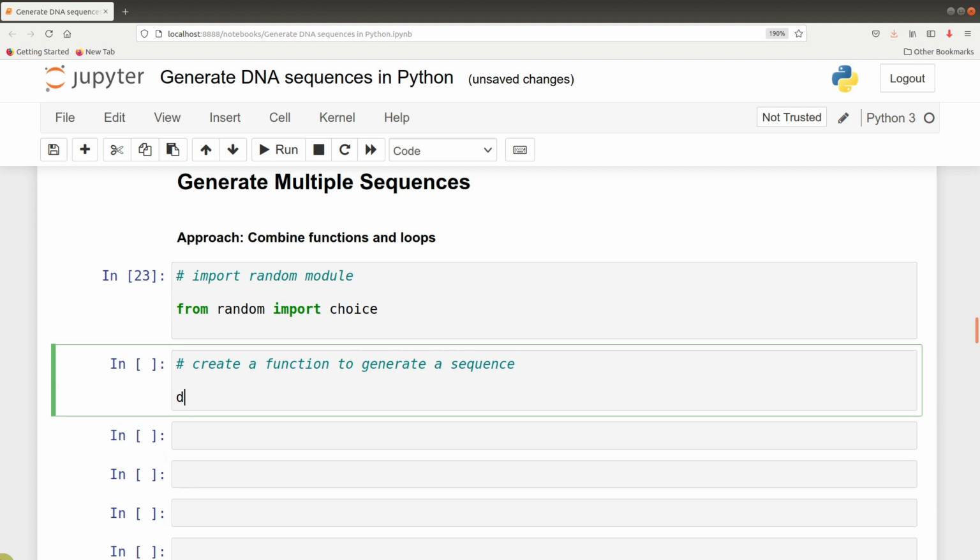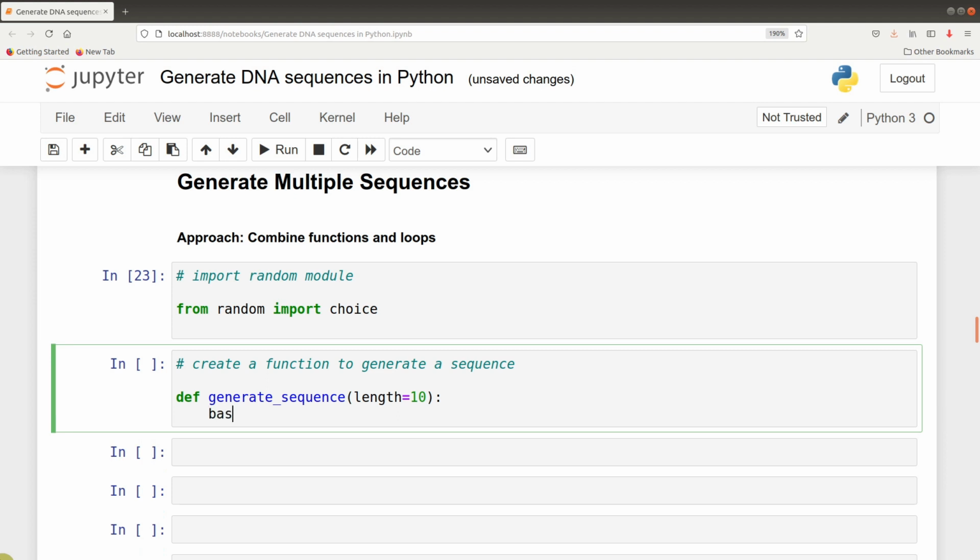So we say def generate sequence, and we specify a default length. This means that when we call this function and we don't supply it with a length, it will use a length of 10 to generate the sequence. We supply it with the basis,